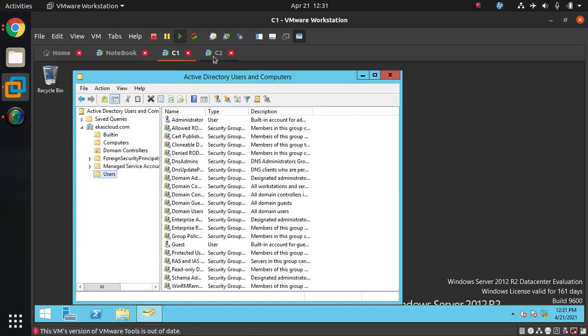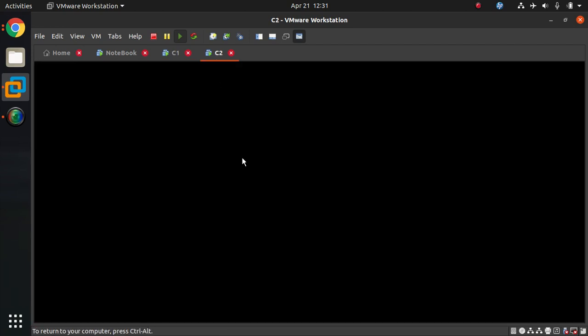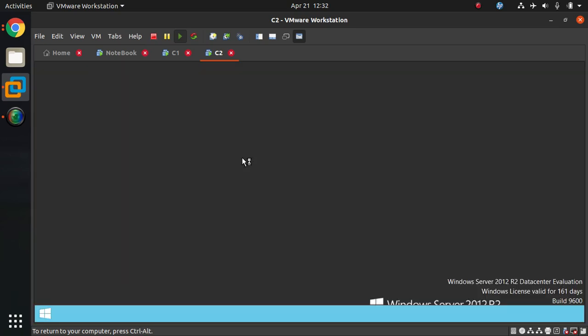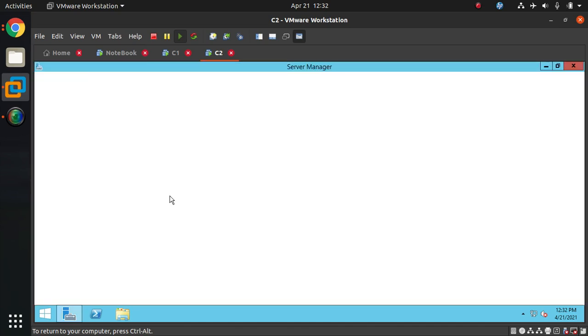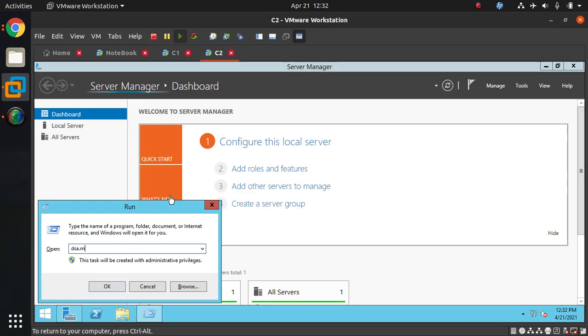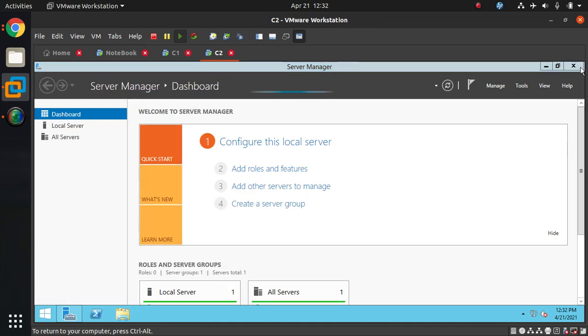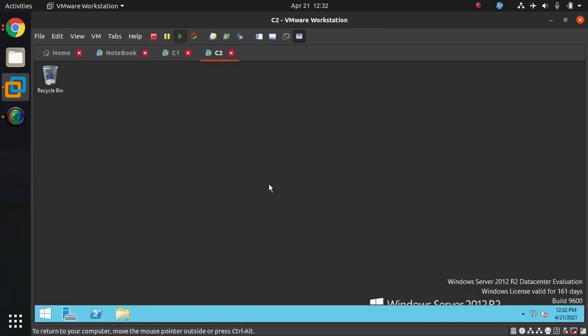Let us check. I go to C2, it is logging in. So here what I do, I'll go to dsa.msc as usual, Active Directory Users and Computers.